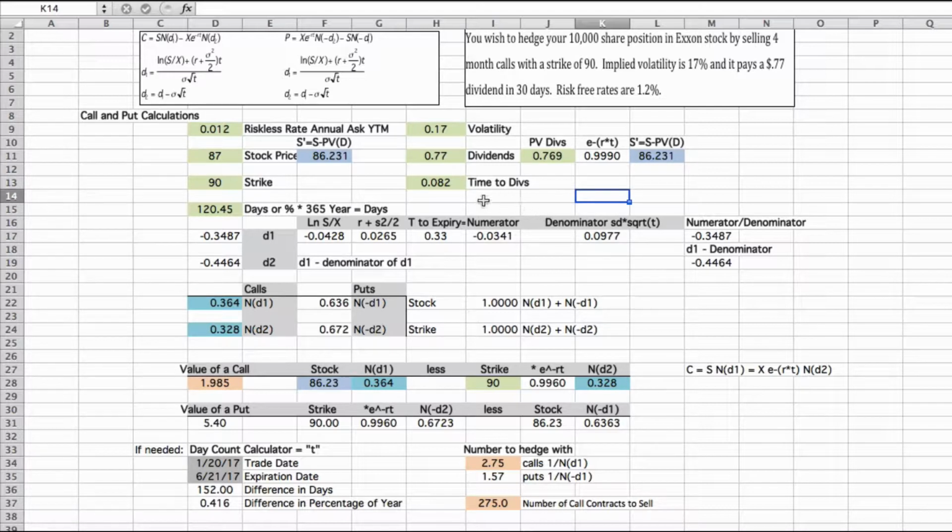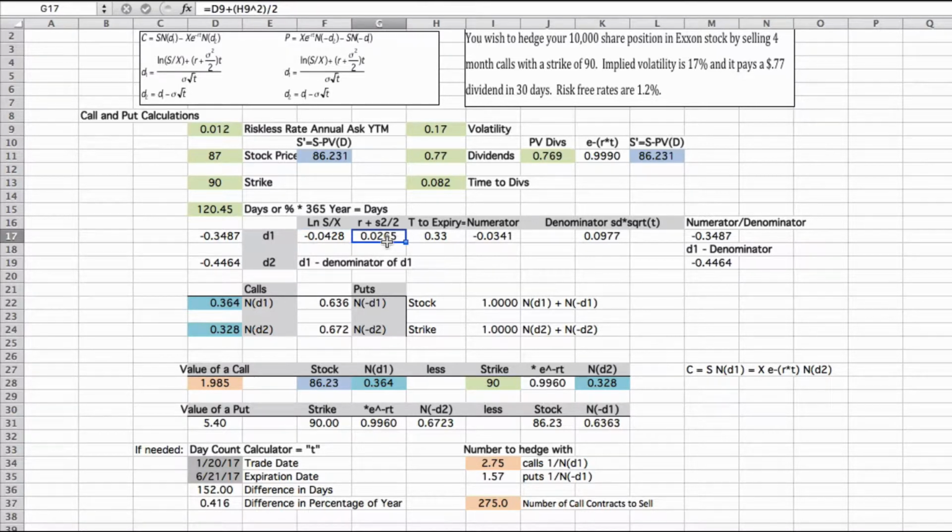So our formula for D1: the natural log of stock divided by strike, plus risk-free plus volatility squared divided by 2, that sum multiplied by time to expiration, and divided by volatility times the square root of time. So you'll see all that here. With the stock price being a little bit under strike, our natural log is a negative, which means our probability is likely to be lower, and